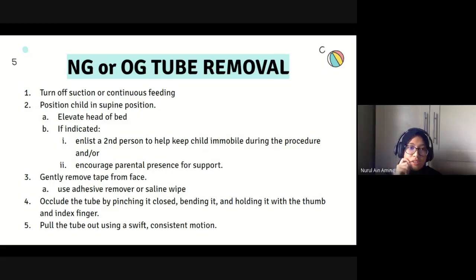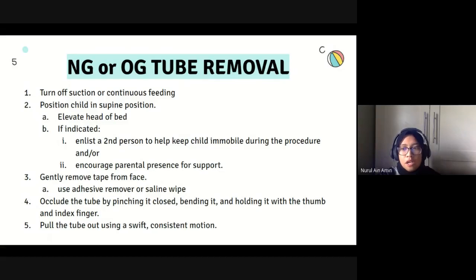And then next, we gently remove the tape from the face. We can use any adhesive remover or saline wipe. And then we should occlude the tube by pinching it closed and then bending it to prevent any of the solution coming out from the stomach and such. And then hold it with the thumb and index finger, and then pull out the tube in a swift and consistent motion, as we've seen before how it's done